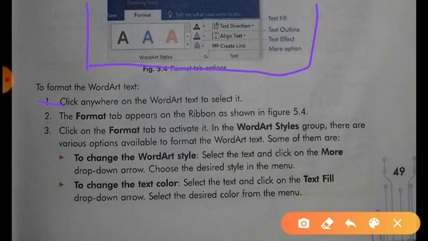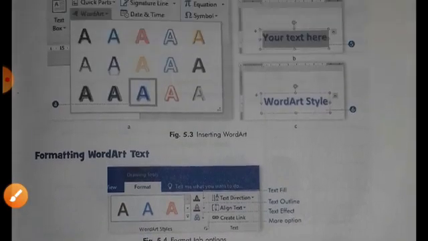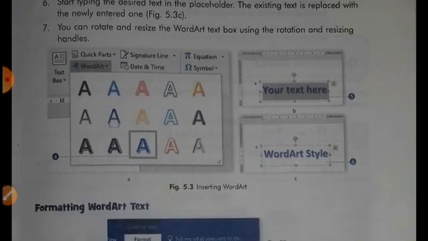Just you have to choose your desired style, text color, outline, etc. if you want to change. Okay, I hope you all understand.